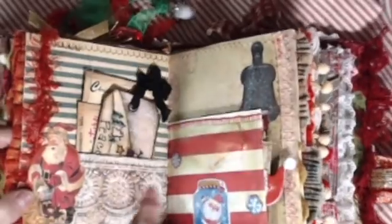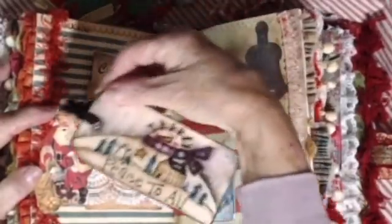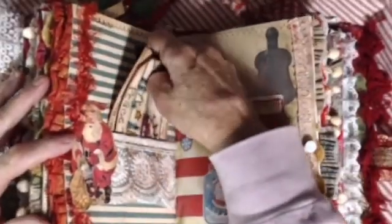This page, I used this fabric from India. There's a cutout from KB and Friends with the belly band. That's from Wendy Thomas. Peace to All. Miniature metal cookie cutters. That is from KB and Friends, and this is KB and Friends. Just a little journaling card for you. Or you could put them on packages and fill these spots with wonderful Christmas memories and pictures of Christmas that